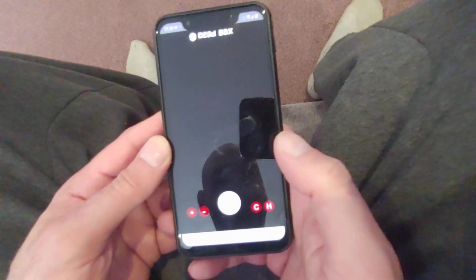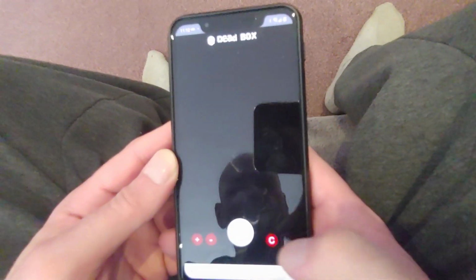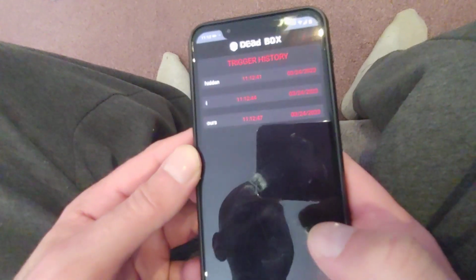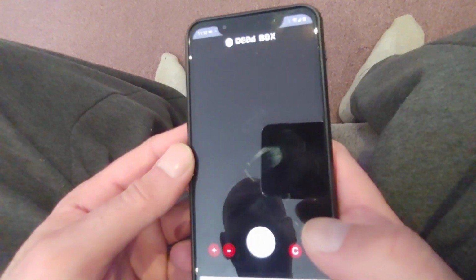Right, so basically let's look at the history. So it's just picked up there, hidden eye hours. So there we go. That is the DeadBox by